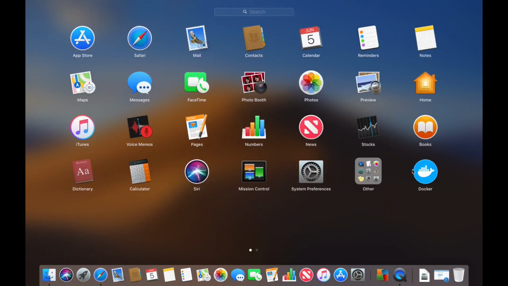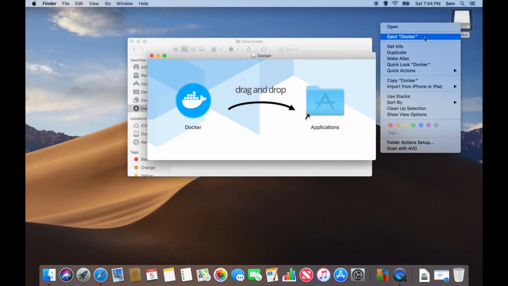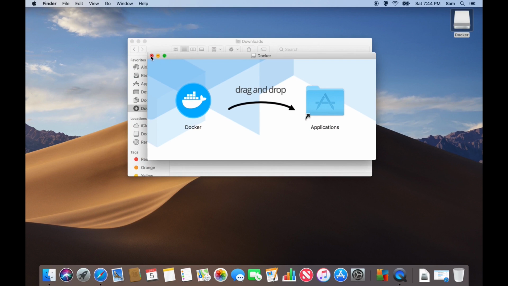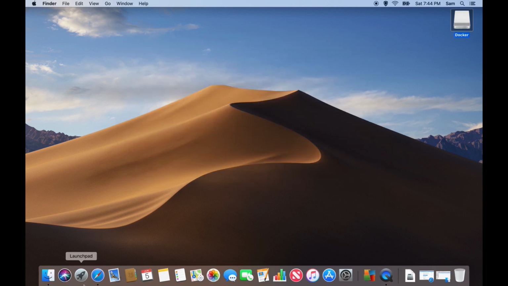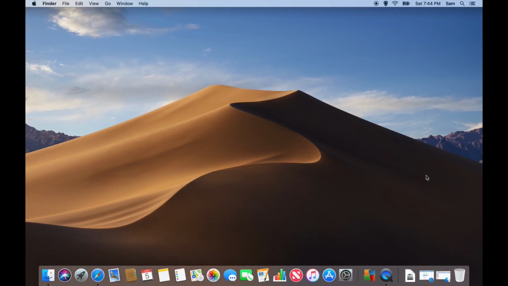Go to the launchpad and you can see the Docker. We don't need this now, so you can just close it. Go to the launchpad and click on the Docker.